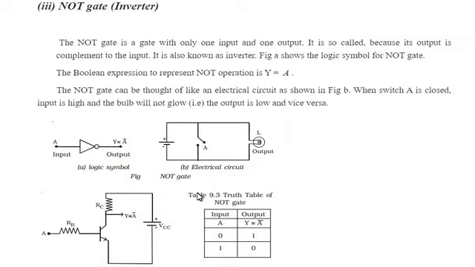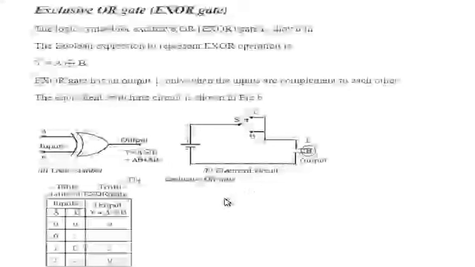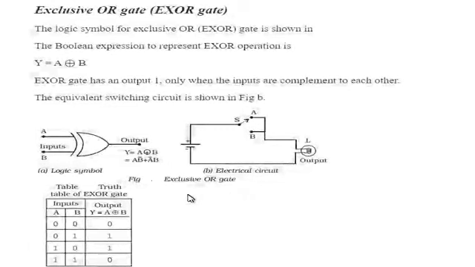Remember, only these three gates are basic gates. Now this is the next gate, the exclusive OR gate. This is the symbol of the exclusive OR gate. In short, it is called the XOR gate. It has two inputs A and B and its output is given by the equation Y is equal to A XOR B, and it is implemented here as A dot B complement plus A complement dot B. As it has two inputs, four possible combinations are here and their respective outputs.